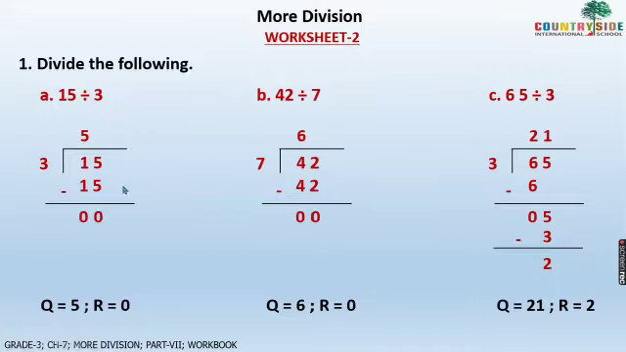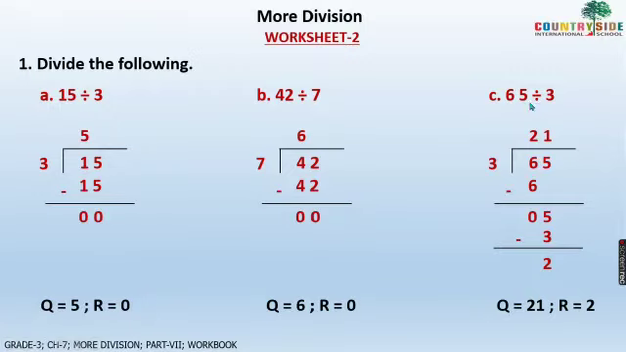Now B, 42 divided by 7. Now children, when we divide 42 by 7, what is your quotient? In the 7 table, does 42 come? Yes, 7 sixes are 42. So 42 minus 42 is equal to 0. So your quotient is 6 and remainder is 0. Like this you have to do. Then C,